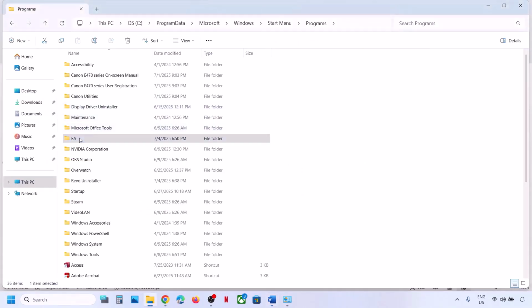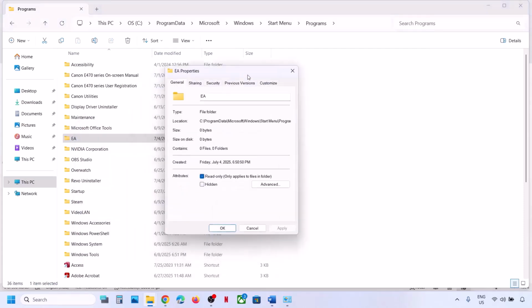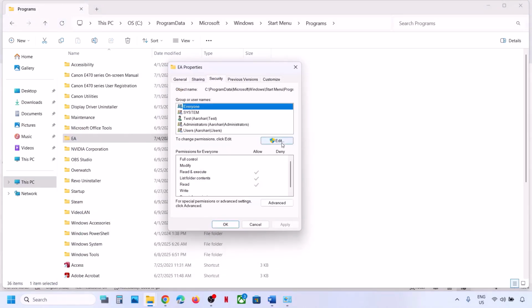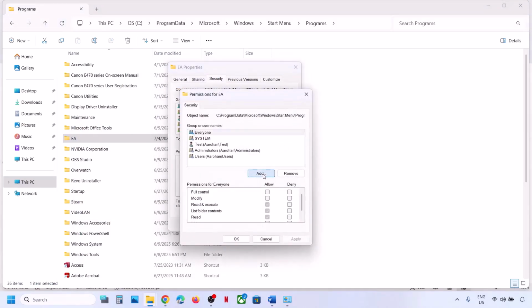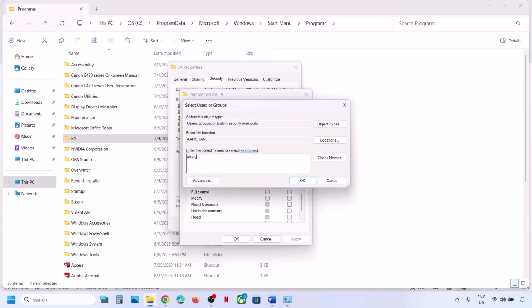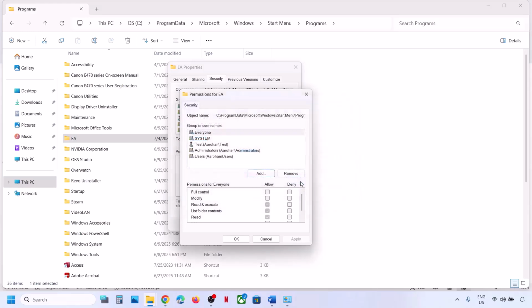Now once you name this folder as EA, make a right click on the EA folder, and then go to properties, go to the security tab, and then click on edit over here, and then click on add, type in everyone over here, and then click on check names, and then click on OK. Now once you type in everyone, you have to click on full control over here, and then hit apply, and then click on OK,